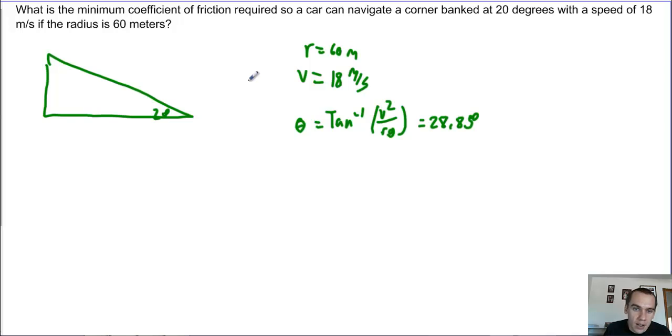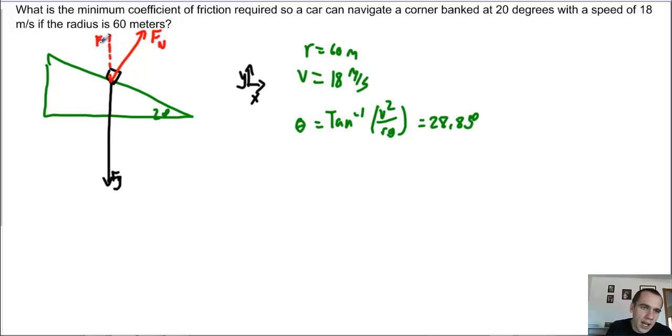So again, acceleration is towards the center, so I'm going to have my x and y parallel and perpendicular to the world instead of the bank angle. So we're parallel and perpendicular with gravity. My car is up here, and we've got the force due to gravity acting on it, Fg, pulling straight down, and then of course the normal force is acting perpendicular to the road, Fn, and it's got its components, Fny and Fnx,